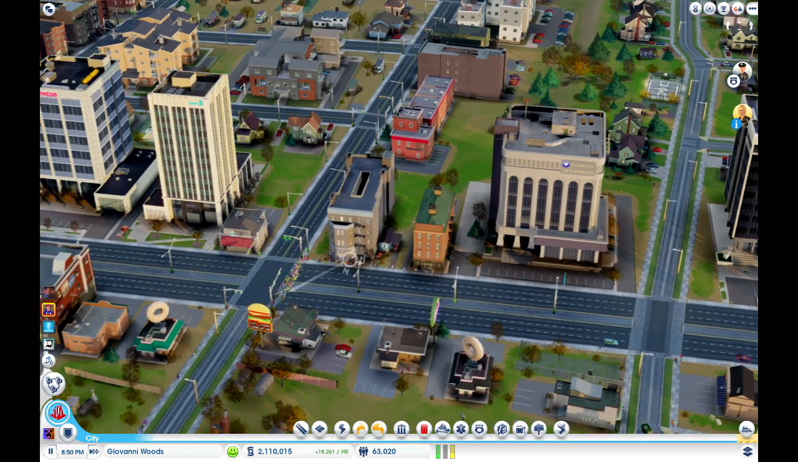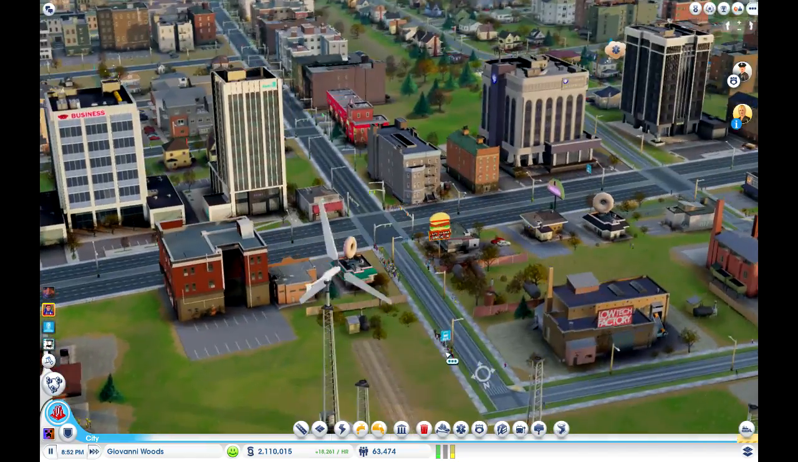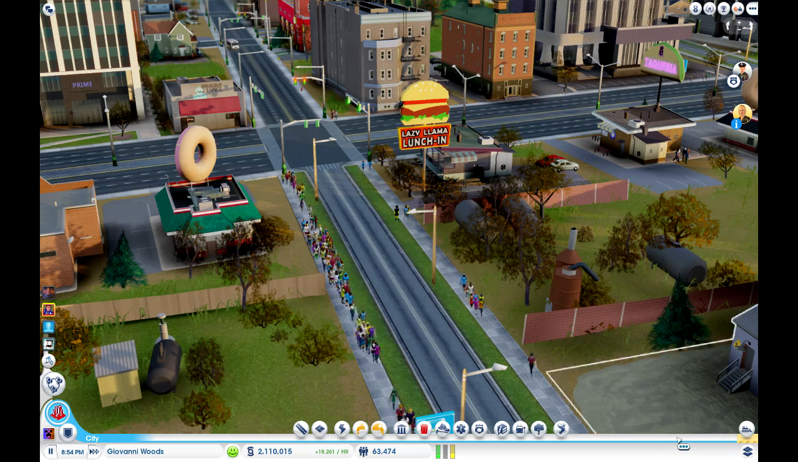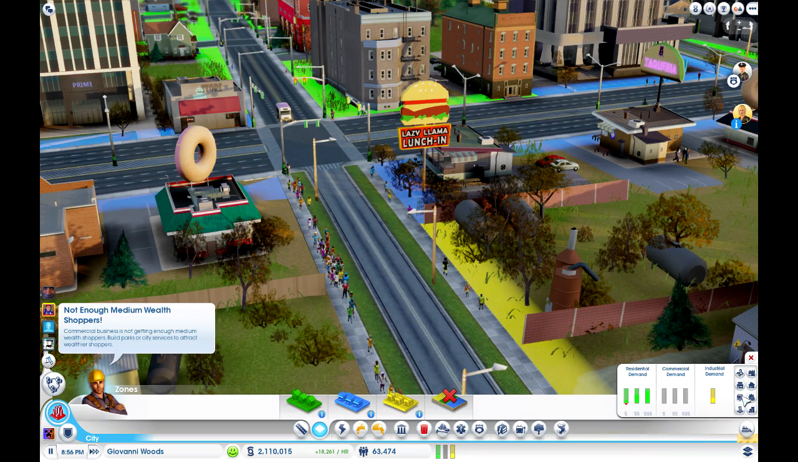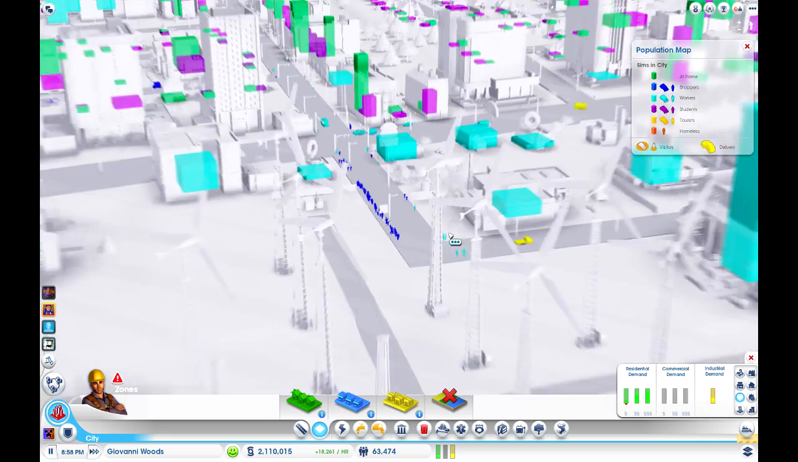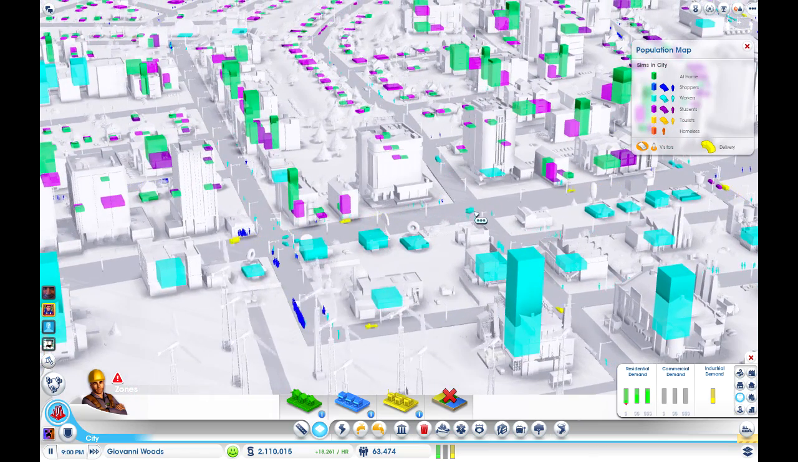These were some failing industries, and I replaced them with residential. Sorry, I said industries, commercial buildings. And look, we get these massive crowds of people walking around all the time. And if we go to, I think it's this one, population map, you can see that they are all shoppers. So we get these big crowds of shoppers going around, yet some of my businesses don't have enough shoppers, and